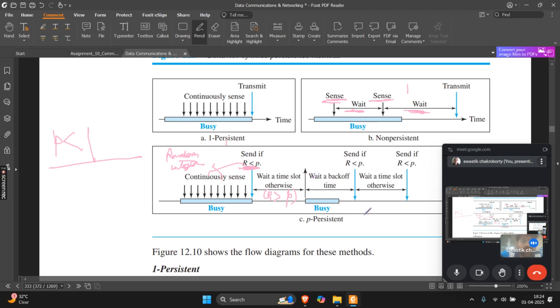So after waiting a time slot, you find the channel to be busy. So you wait again, and this time you find the channel to be available. Again you do a lucky draw, and if R is less than P, send, or you do the non-persistent method again. So you do the one persistent method whenever the channel is busy, up until the channel becomes available. Whenever the channel becomes available, you switch to the non-persistent method, or you send the data depending on the value of